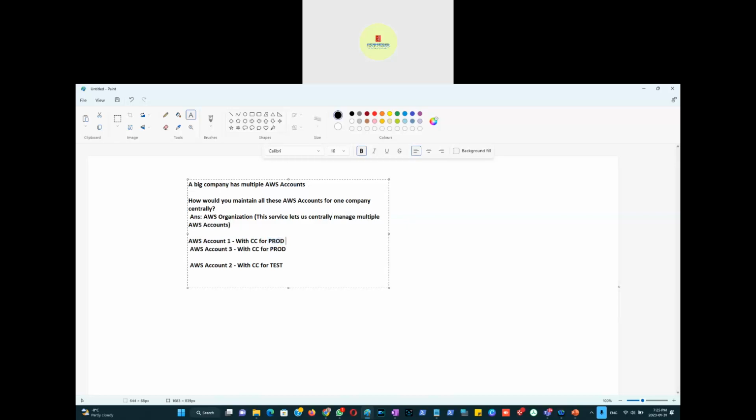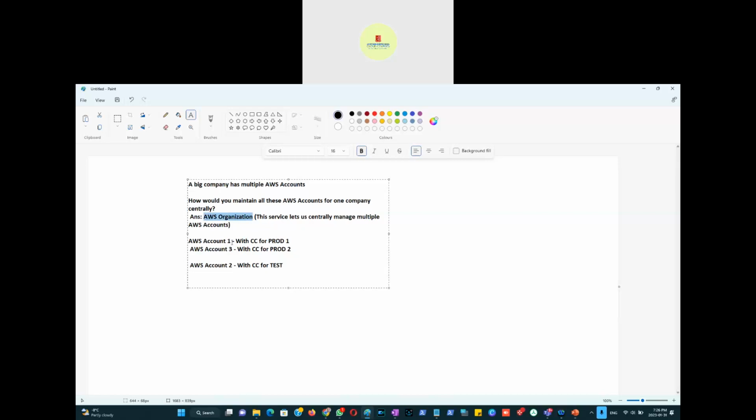You can just name it prod one, and then prod two, and then maybe test one, test two, maybe dev, which is development, where you can do whatever you want. Dev 1, Dev 2, Dev 3. Maybe there is a database environment that just has databases. Another environment has some other kind of automated applications. So whatever different types of AWS accounts there are, you are supposed to go for AWS Organization to centrally manage